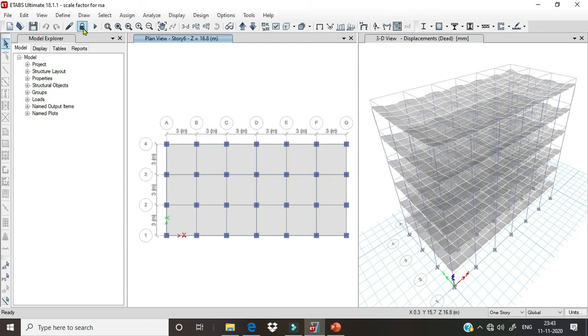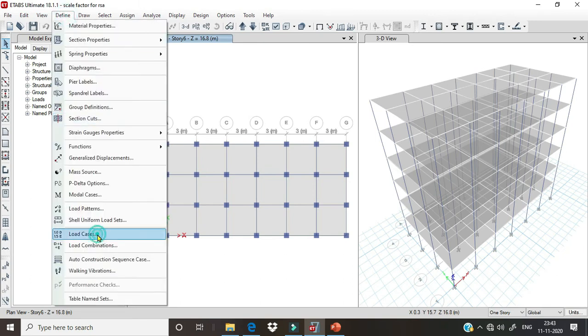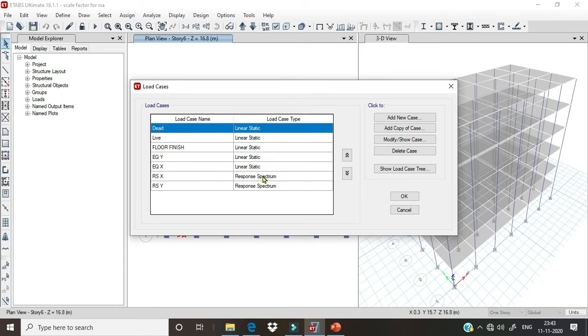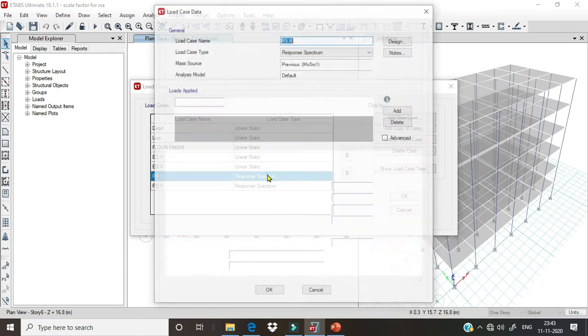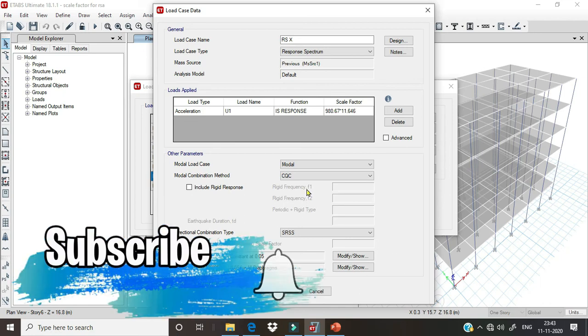So we will just unlock our model, and after unlocking the model we will just go to define, and from define we will just go to load cases, and here we will just go to response spectrum in x direction and we will multiply it by the value which we have got, and the value is 11.646 in x direction,